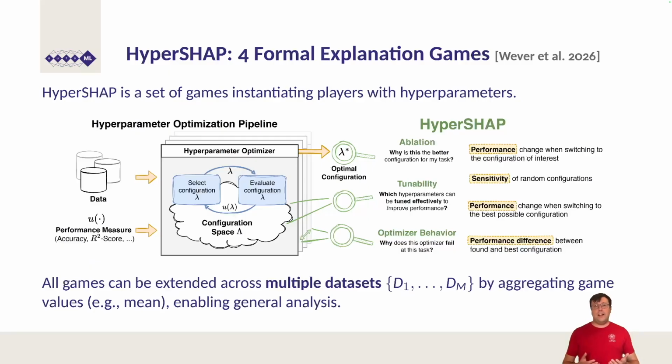The framework itself is a set of games, all instantiating the players as hyperparameters but differing in the characteristic function nu. And it is the choice of characteristic function that fixes the question being asked. The diagram organizes the 4 games: ablation, sensitivity, tunability, and optimizer behavior. The design point is modularity. One game explains a specific incumbent configuration, another quantifies tunability, others probe optimizer behavior, and each inherits the Shapley axioms